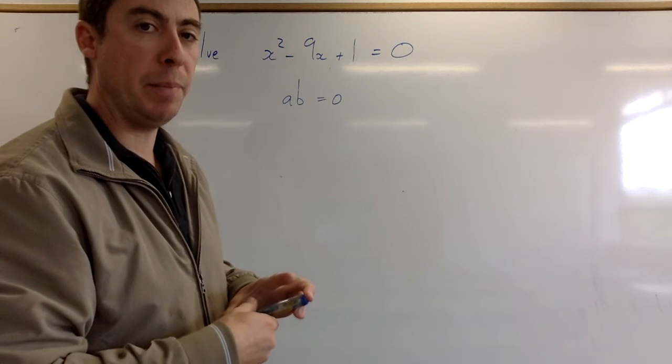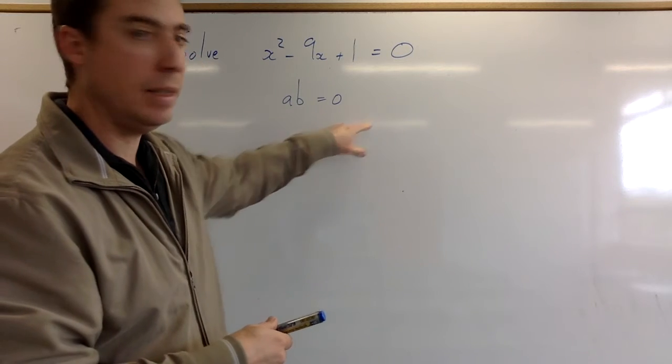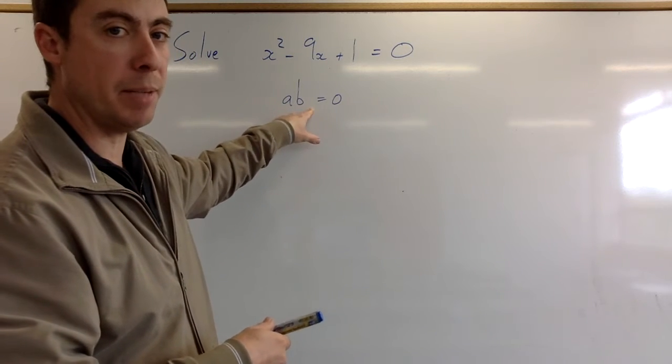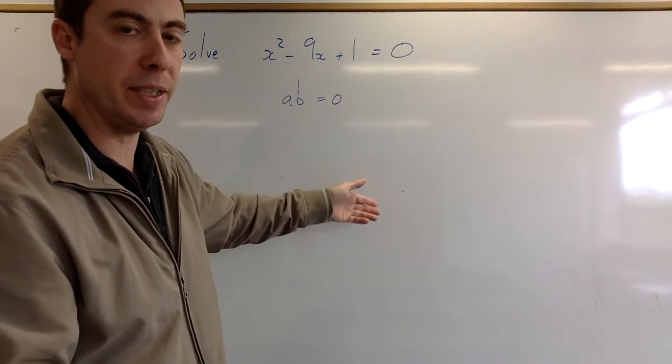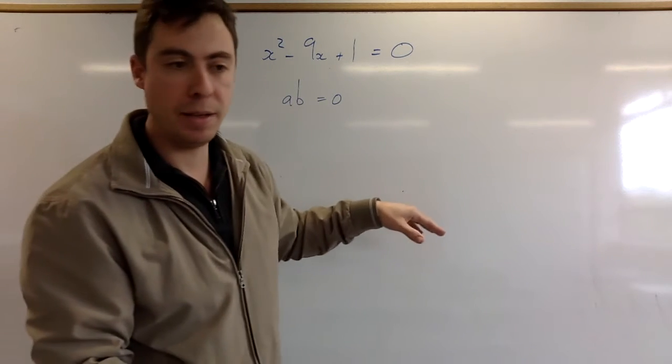Right? Remember your null factor law. If you have something times something and it equals 0, either the first part or the second part or both have to equal 0 and we could solve it. And we can do that with quadratics when we can factorize them. Right? However,